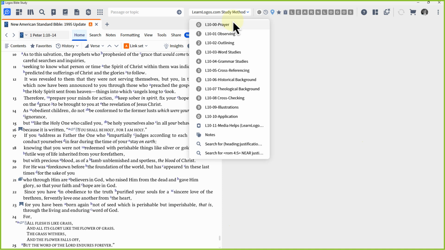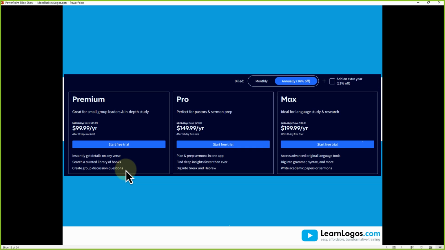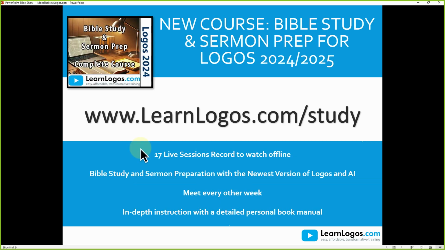So I have the LearnLogos.com study method, and I've broken this down into essentially 11 steps. Each one is particular for a step. And in fact, let me take a moment to just pause and show you this. So I'm going to back up here. So I'm creating, starting tomorrow, actually, with the first session,